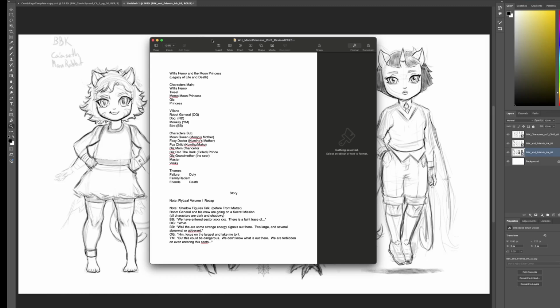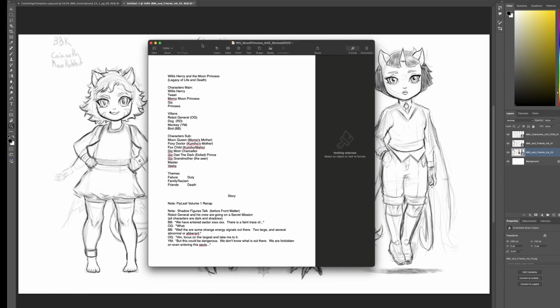Now, I'm not much of a writer. I'm not the writing type. I like to see it. So I usually just draw out my stories in little thumbnail form. But for others who are the writers, right, any program will do, a word typing program. And this is an example of another comic that I'm doing.